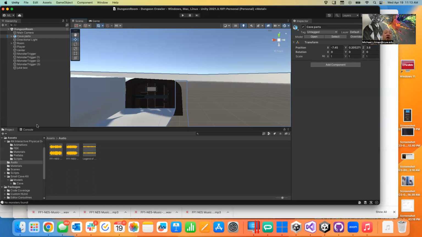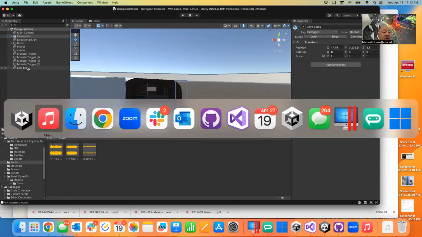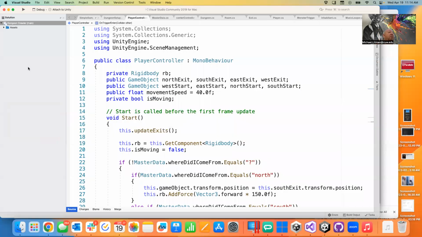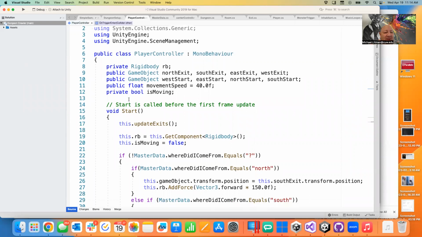All right. So let me quickly show you how I accomplished this music thing. And let me actually, why don't we go ahead and turn off the fight ability here just real quick, just so we don't accidentally fall into that scene. So testing happens pretty quickly. So we ask ourselves, how might we do that? As of right now, I think it's in our player controller, right? Oh, and by the way, rebooting my machine did allow Visual Studio to open again. All right, so if I go into my player controller,